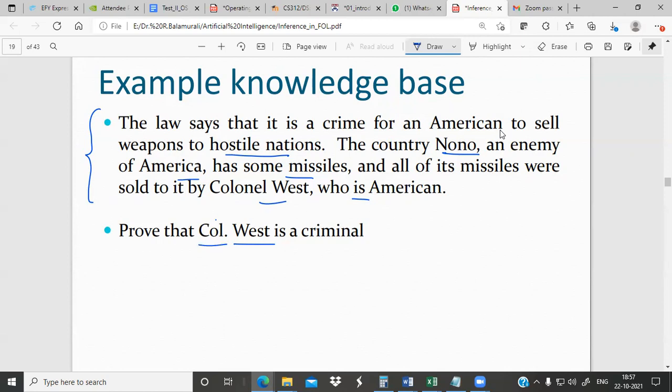also using resolution. Before getting into the actual concept of forward chaining, backward chaining, or resolution, first let us try to represent this entire statement in FOL. This statement will be split into several small statements and represented in FOL.